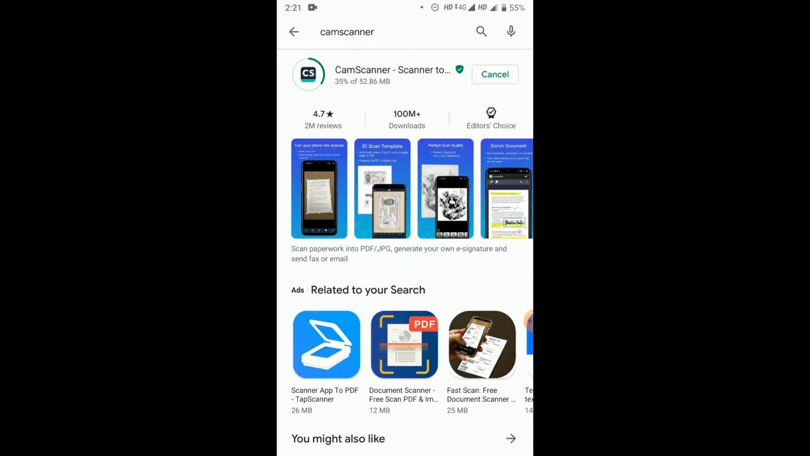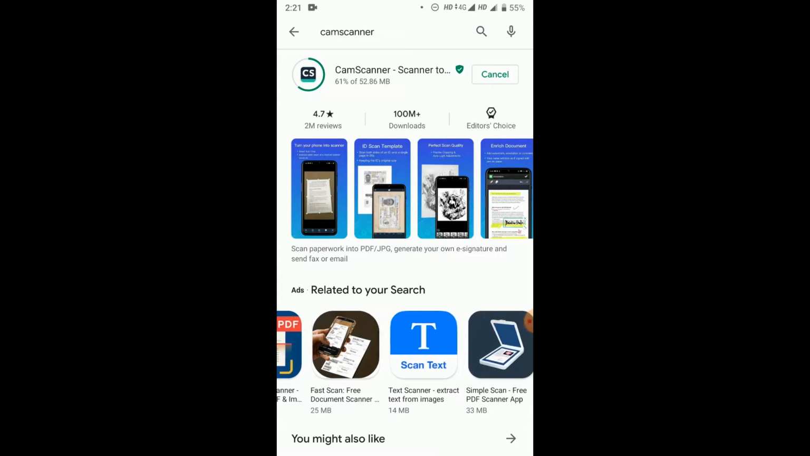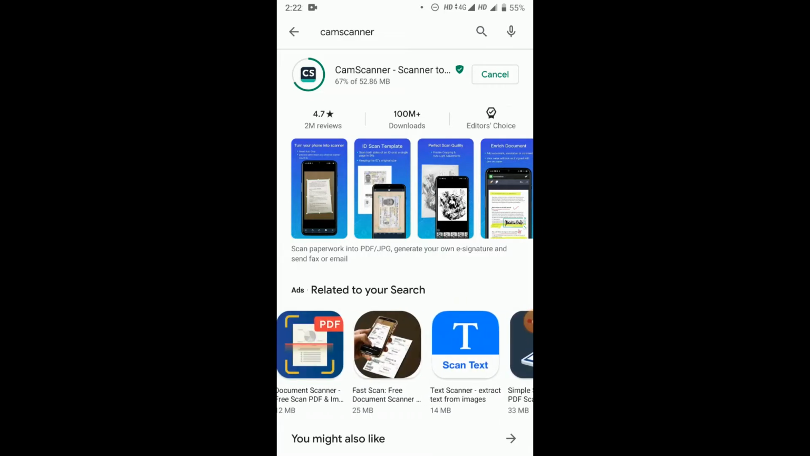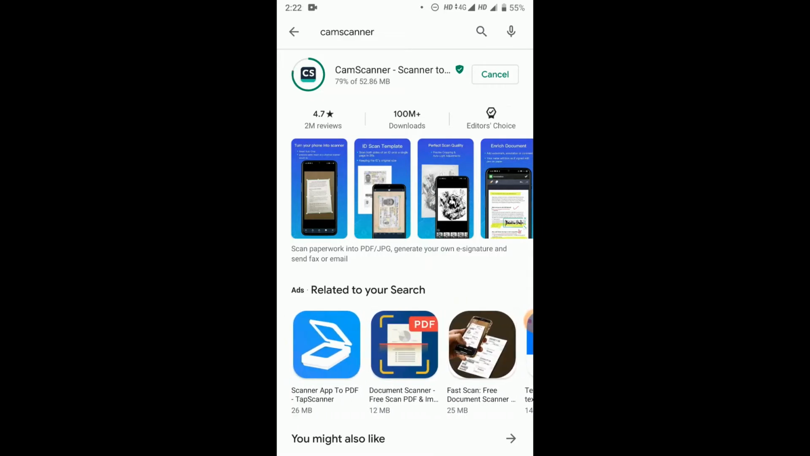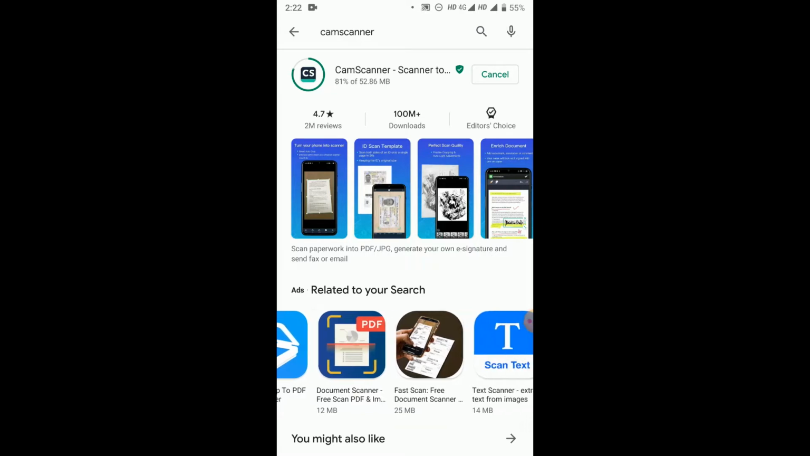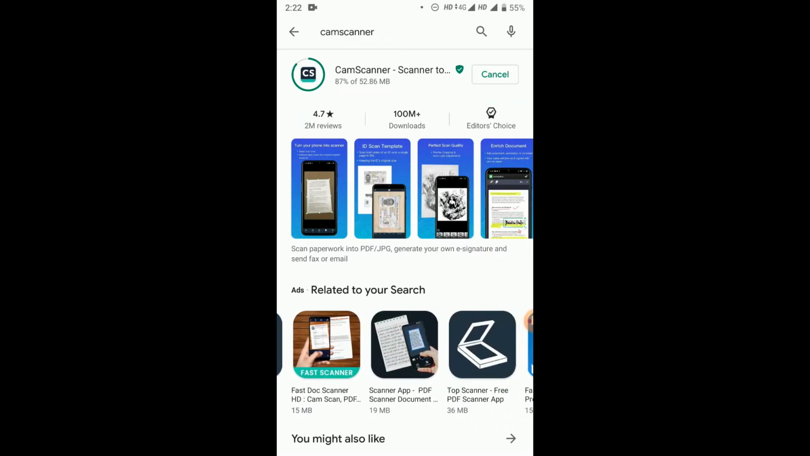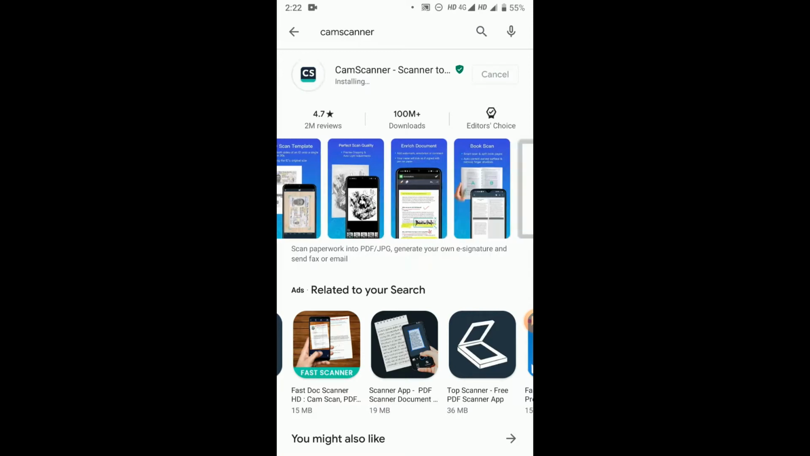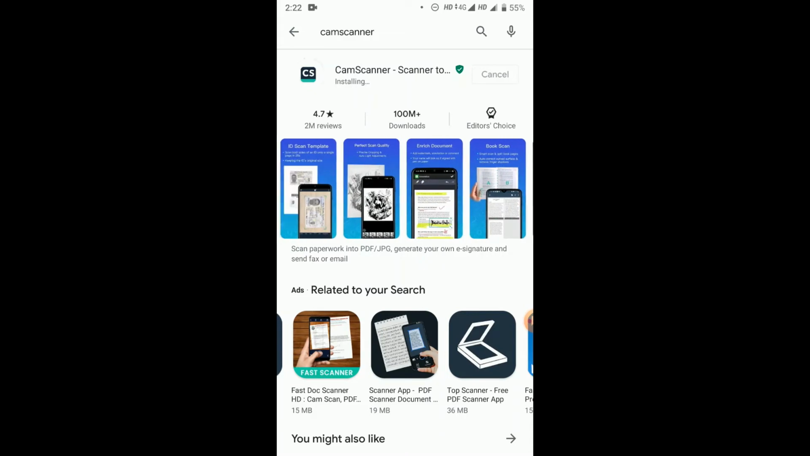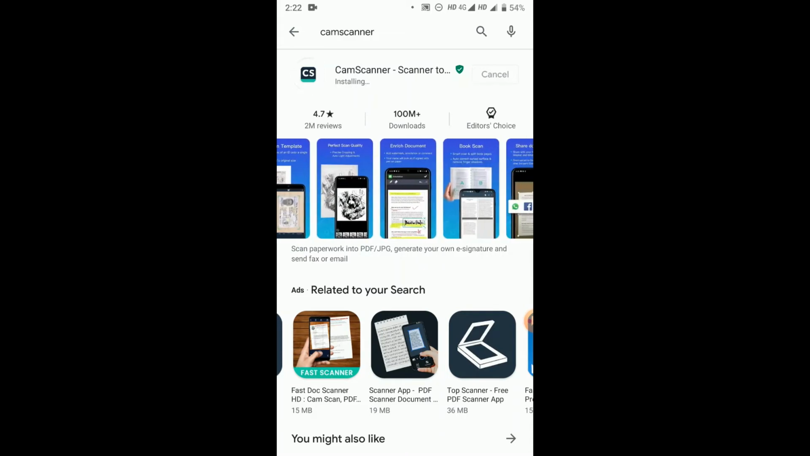So we'll install the CamScanner app. It is a very user friendly app to create a PDF file. There are other apps also you can use, but today we'll be exclusively learning about the CamScanner app. You can see here many other apps are also there which will allow you to create PDF files, but we'll be learning only about CamScanner. So still it is installing. So once it gets installed into your mobile,